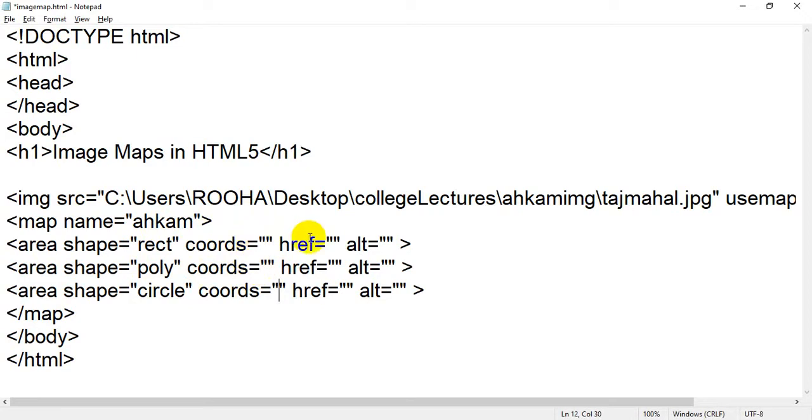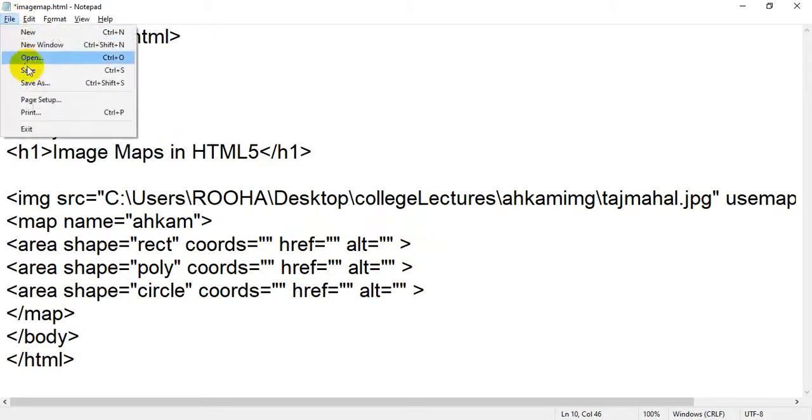Okay, then we have an attribute called href. Inside that href we have to write the URL or address of a particular website or web page which we want to open on that particular coordinates. Okay, on that particular location. Okay, in the same way you can add n number of hyperlinks by using area and shape attribute. Okay, then what is alt? Alt is nothing but alternate text, which is displayed when your cursor moves toward that particular hotspot or location, the value which you have written inside the alt tag will display. Okay,